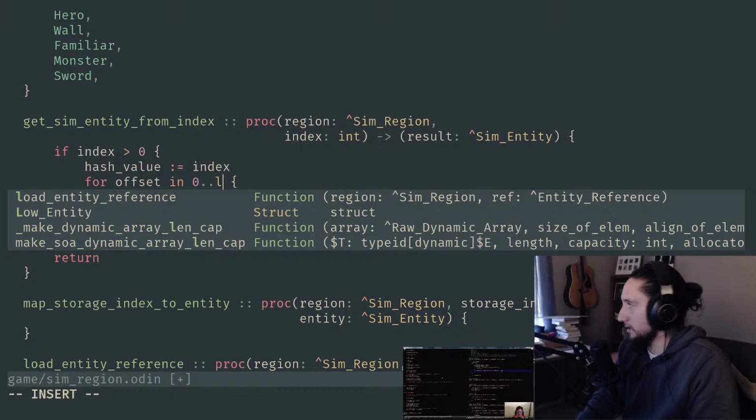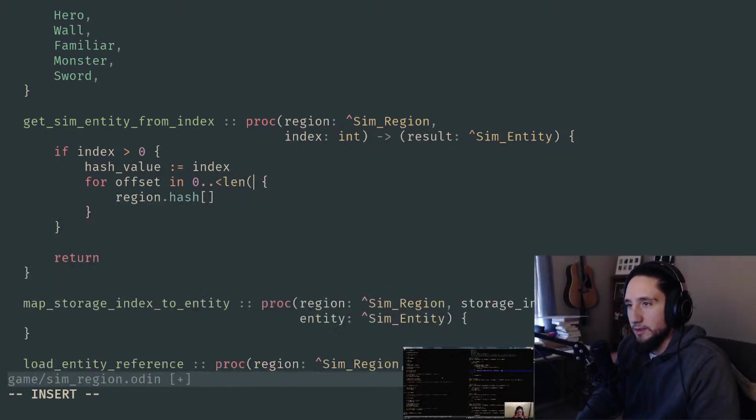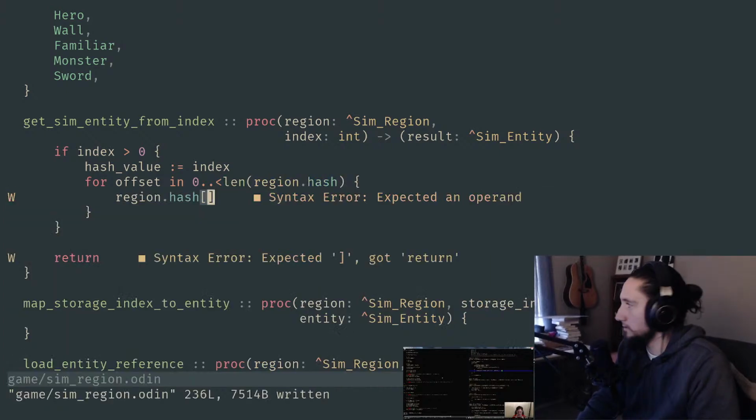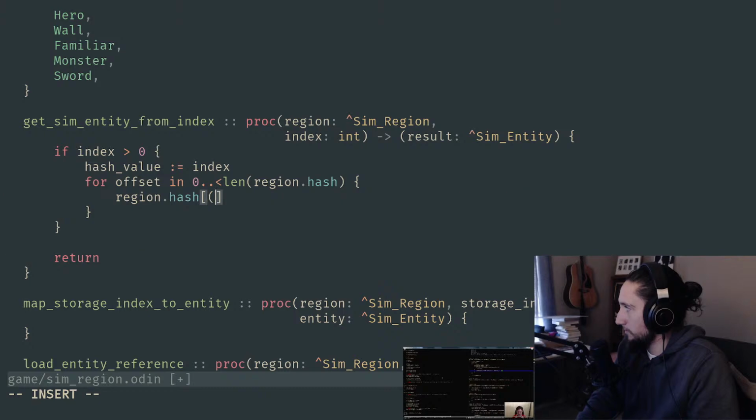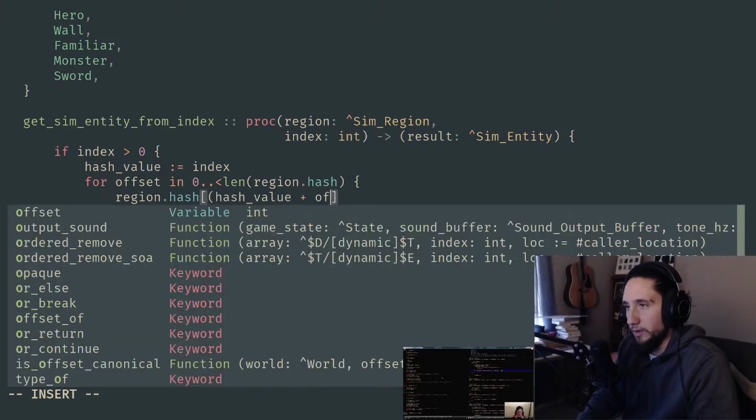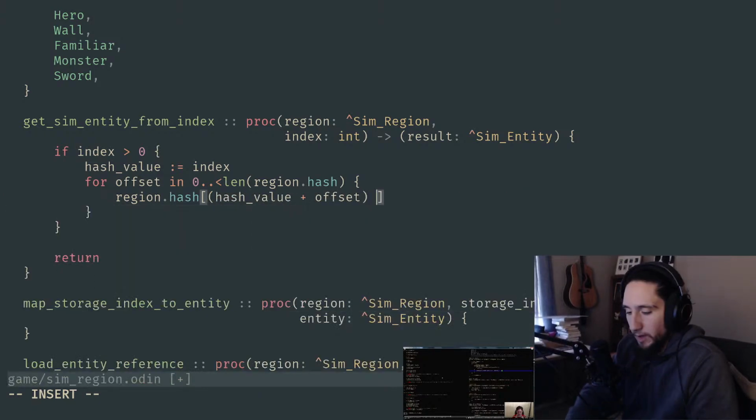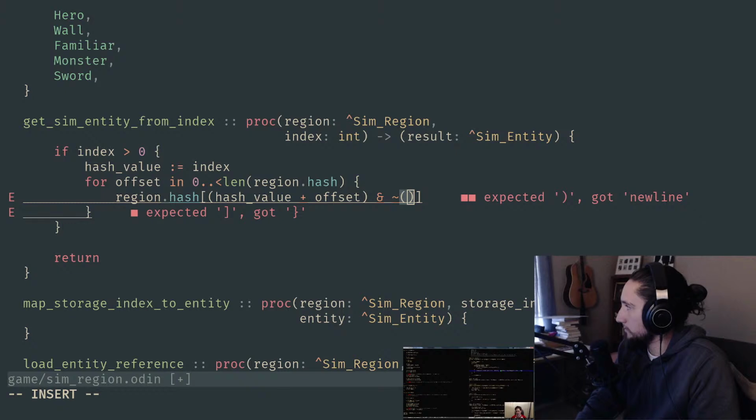So it's going to be less than the region hash length, and then when we index into it, we see what we have at the hash value plus the offset masked with something. Let's find out. And again, that just ends with that array count minus 1. This is all stuff we've done before, but just to refresh your memory, basically what